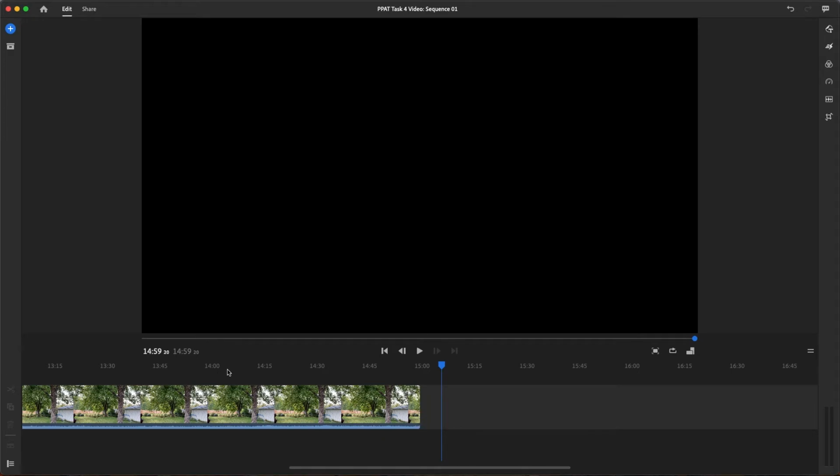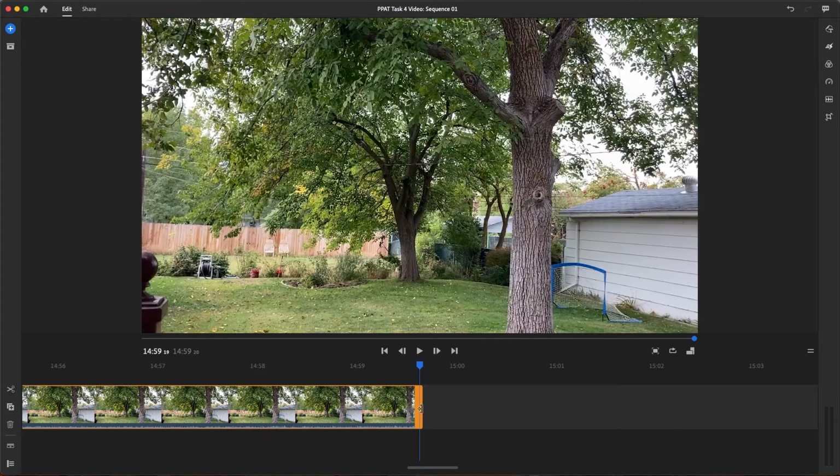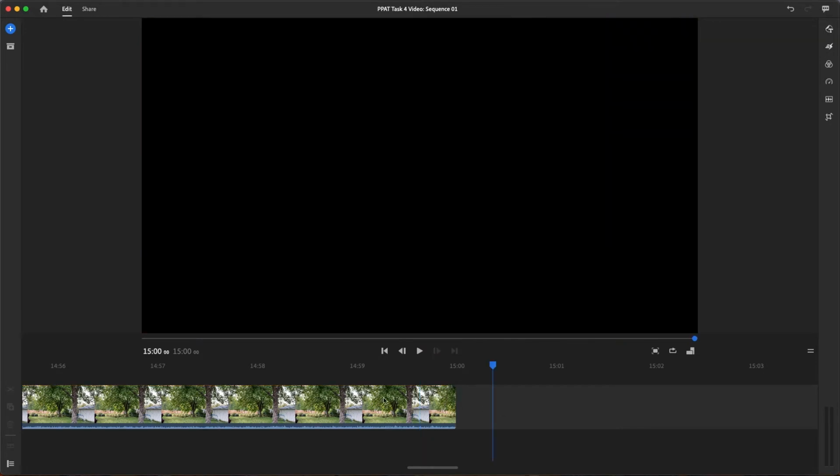Okay, we're at 1449. Let's see if we zoom in even more. We'll get that. Let's see if we can get even more precision here. There we go. Just had to be zoomed in all the way. So now if I get to that 15 mark on the timeline right there, you can see, there we go. Now it's exactly 15,